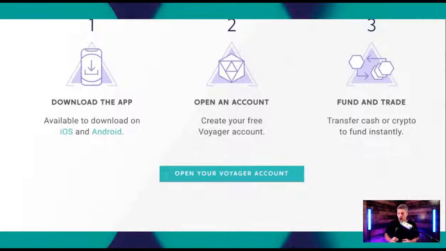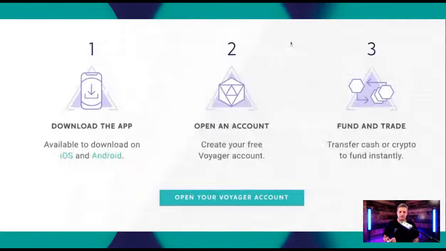And some of you say, oh no, I don't want to attach my bank account. Well, if you're one of those people that are scared to attach your bank account online, I just hate to tell you, crypto is going to be part of the process. There are ways that you can wire money in to these platforms as well, but the way to move money in and out is through attaching your bank account. And again, I can't make you do that. I can't make you even feel comfortable with it, other than saying Voyager, which I should have said up front,